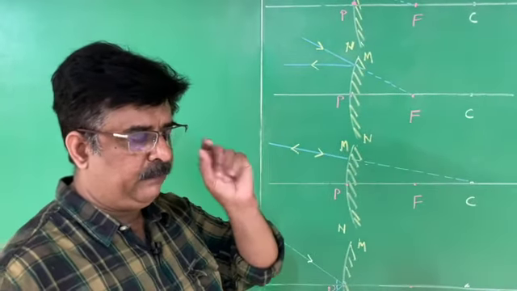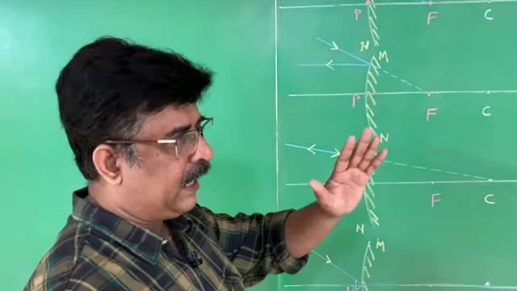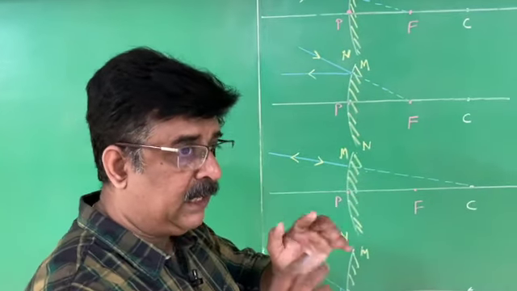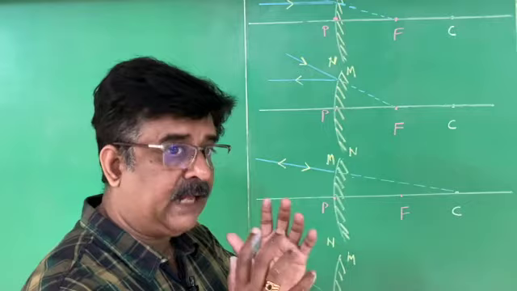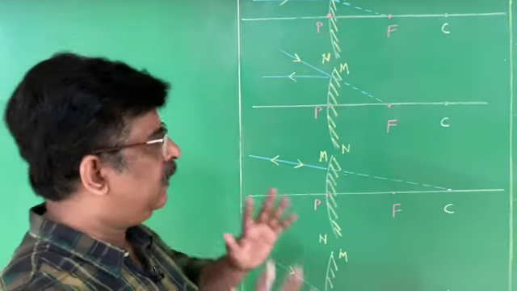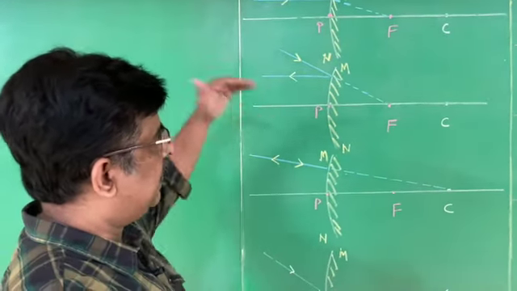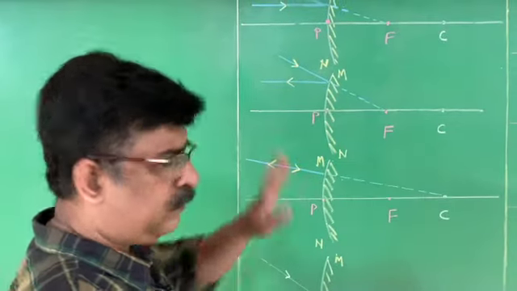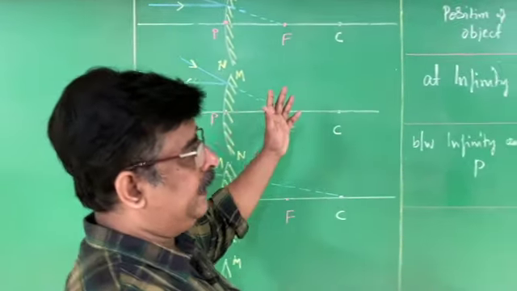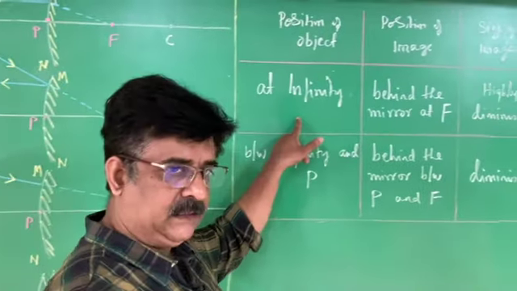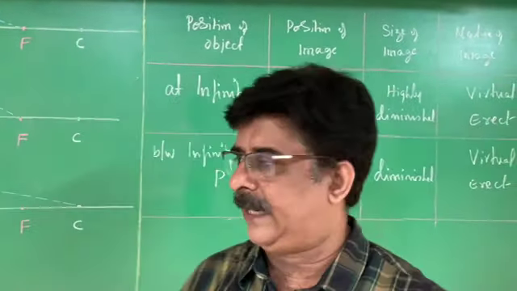But we have to always understand this. Concave mirror means we always say converging. Convex mirror, we say diverging. That is the difference between concave and convex mirror, but the conditions are the same. Four conditions. The next is regarding the chart. The chart I already told once in the class. The chart is like this.